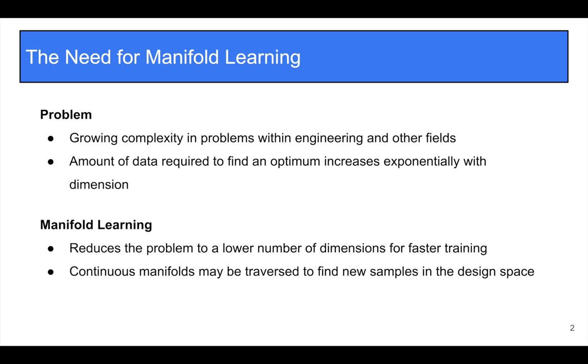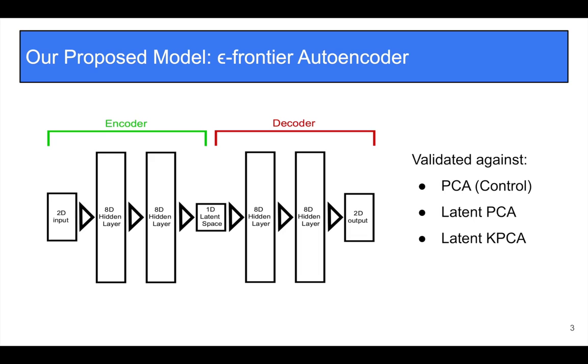In this paper, we thus explore how various models perform at this task of manifold learning and propose a simple autoencoder as an effective solution. As you can see, we use this rather simple feed-forward autoencoder, or AE, to encode to and decode from the manifold. In our case, the manifold is created from an Epsilon-Frontier of optimal trajectory points, as we describe in the